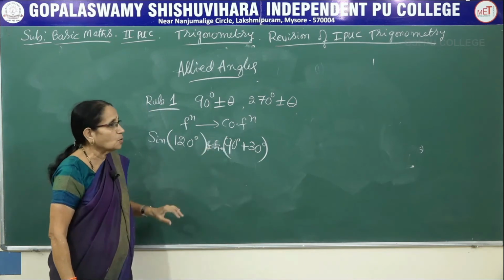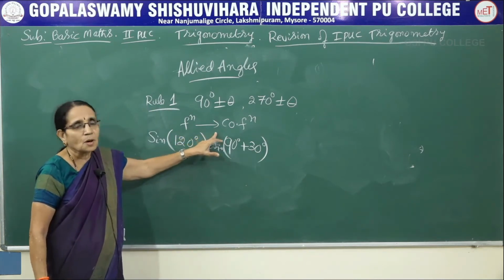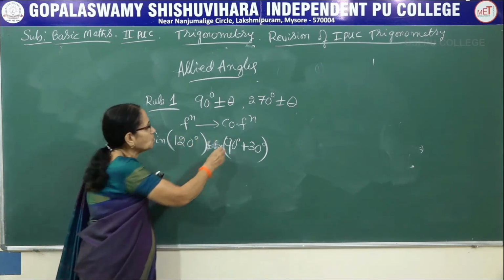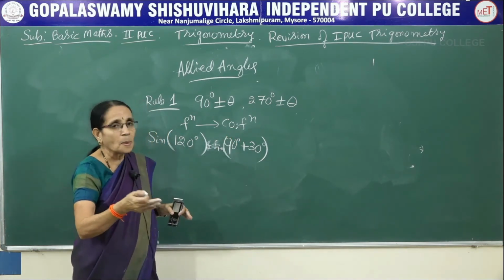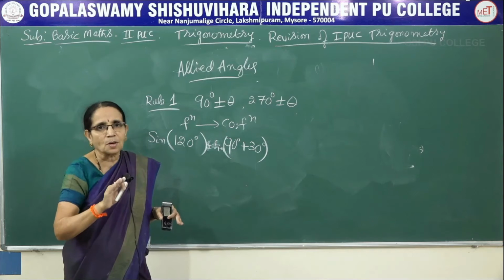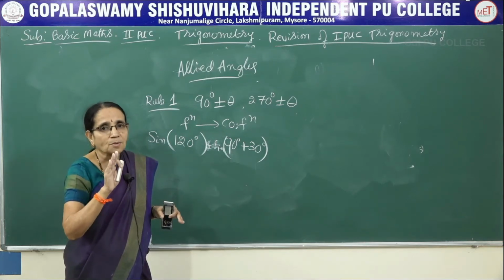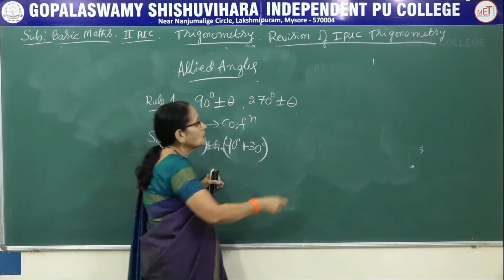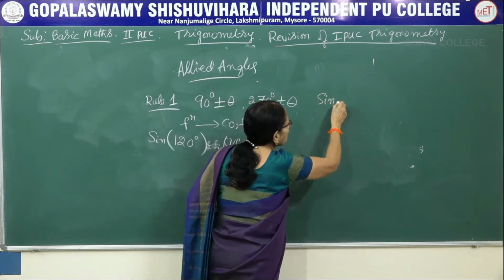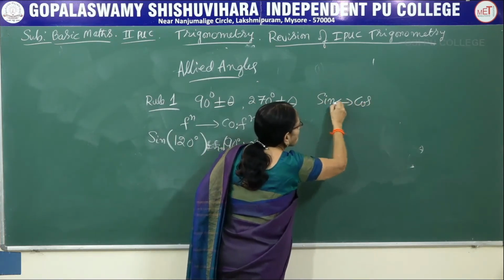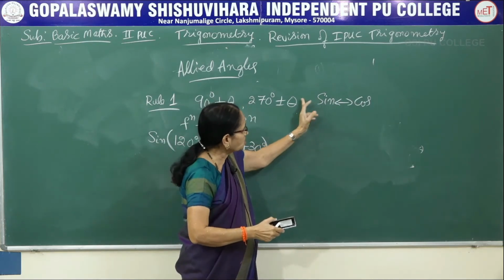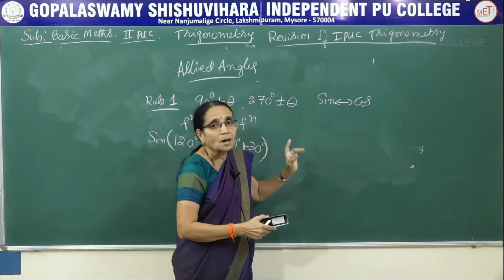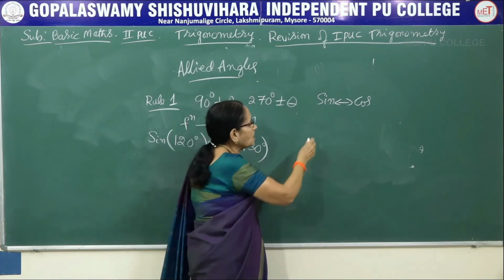Now, to get the value of this one, I come to this rule. Function will be changed over to cofunction. Again, as I have told just now, there are three pairs of reciprocal ratios. There are three pairs of cofunctions also. What are cofunctions? Sine and cos. Because sine, if you add CO to here, it becomes cosine. So we call them cofunctions.